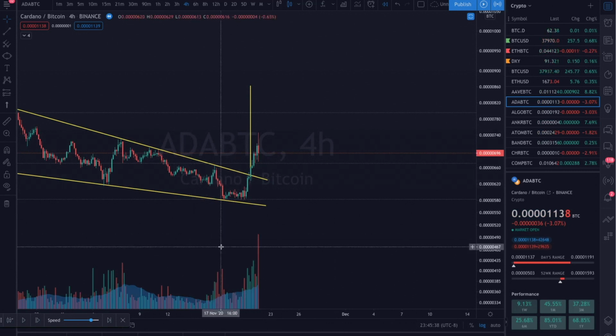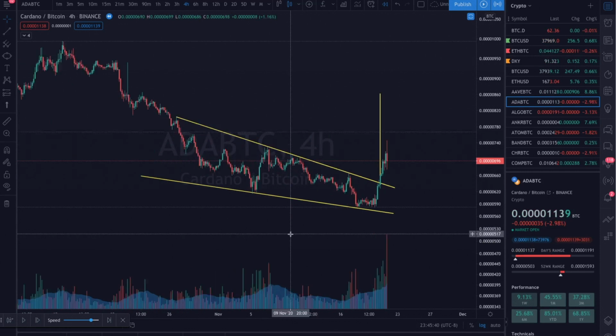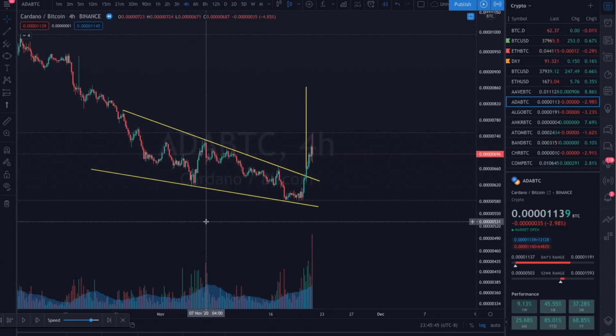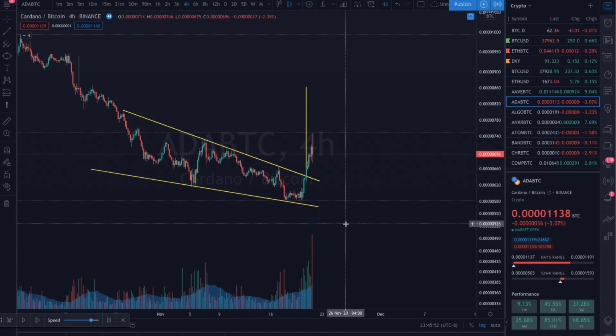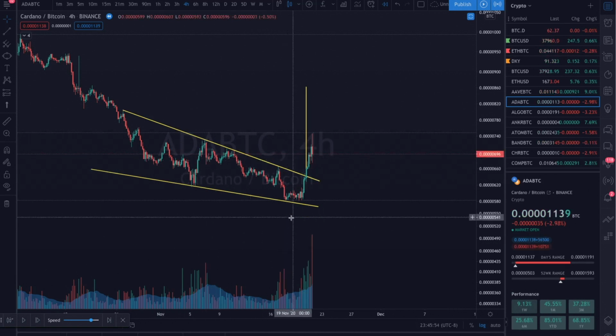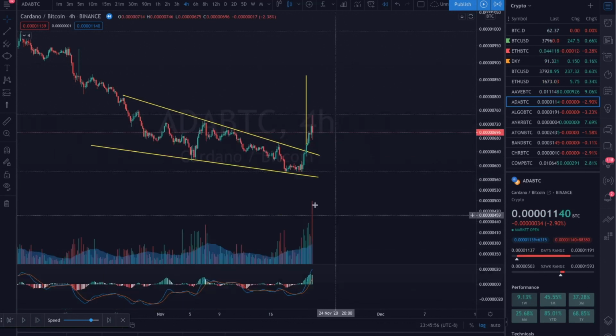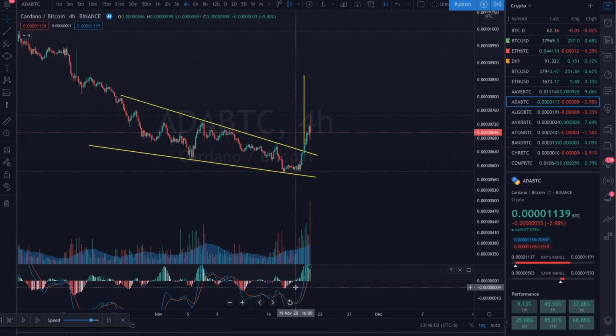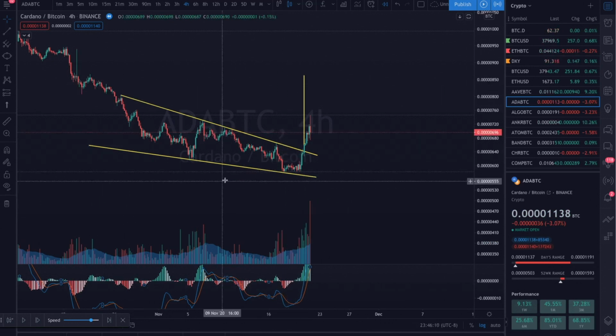Now, additionally, you want to add more confirmations to the breakout of any pattern, especially the falling wedge, and some good confirmations to add would be divergences. You can observe these as the market is making lower lows, but say the stochastic or the regular RSI or the MACD is making higher lows. As we can see here, we have lower lows, and then we have a bit of bullish divergence here on the MACD histogram, letting us know that we are indeed probably looking at a reversal and breakout of this falling